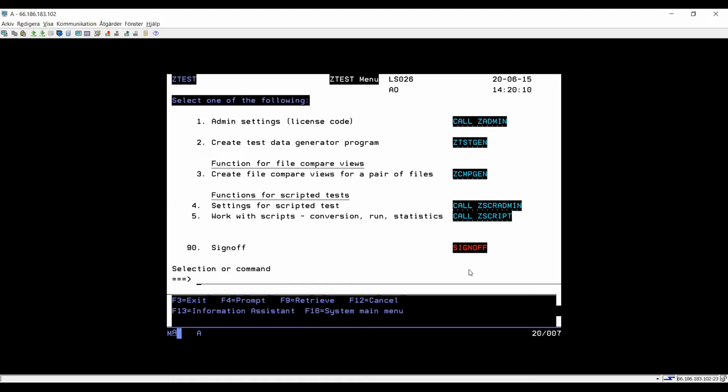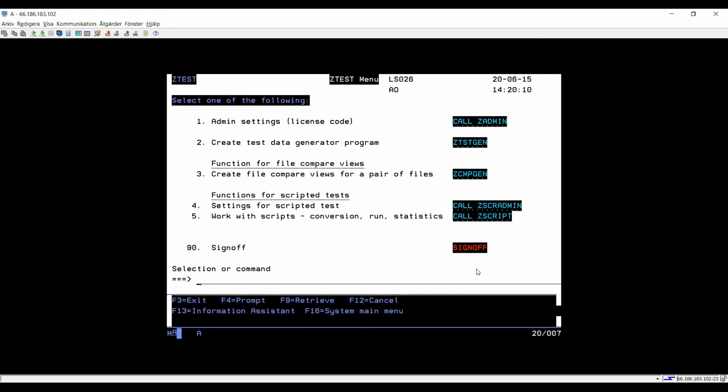I want to mention that as for the actual running of the scripts in batch, that is based on the product TN API by Albert York. And that is not distributed with the package, but there are instructions on how to download that and get it running. And that is all I wanted to show for the initial